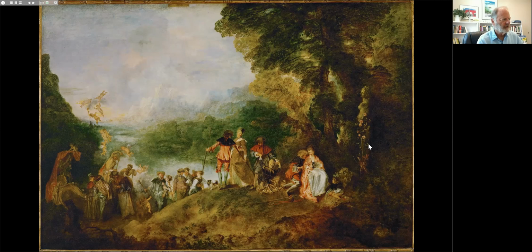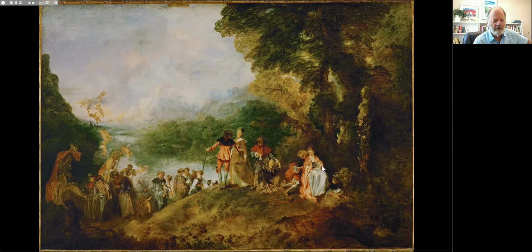You'll also see cherubs or putti fluttering in air above a boat over here, which is propelled through the water by largely naked oarsmen. So these various things refer to mythology. Landscape is a prominent part of the painting. And we see here elegantly attired French people of the time who are coupled up, male-female couples. And it seems that they have visited this place.